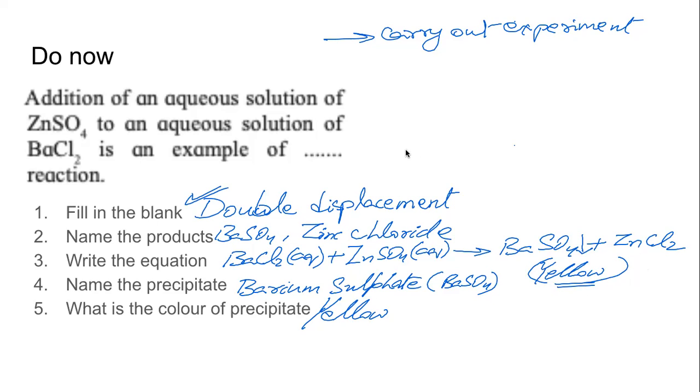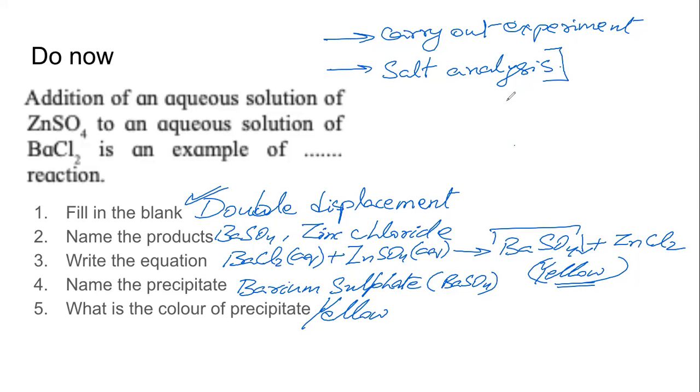So to find out what this compound is, there is another step which is called salt analysis. Salt analysis is a process, a set of tests, which is carried out to find out what this compound is, what this salt is. So using salt analysis, we will be able to find out that this compound is barium sulfate. Just using observation, with our naked eye, we can find out the color of the precipitate. But to identify the precipitate, we will have to carry out salt analysis.